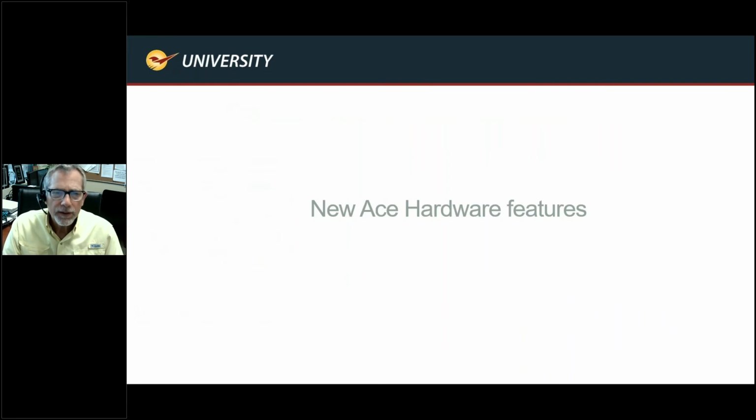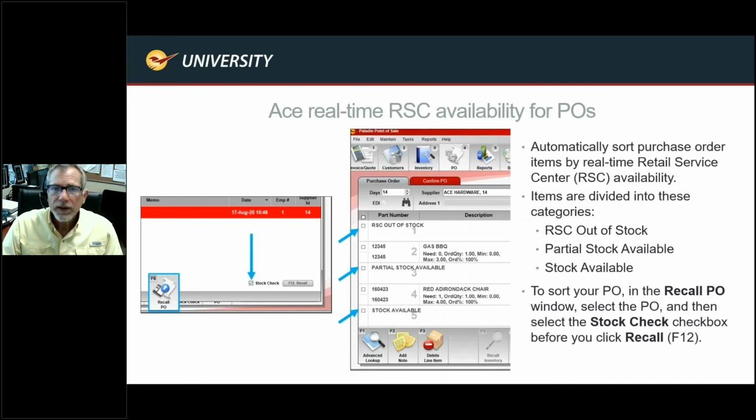All right, so what are some of the new Ace Hardware features? Well, here's one that you'll probably all be excited about. This is Ace real-time RSC availability for POs.